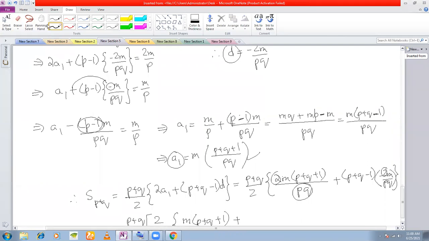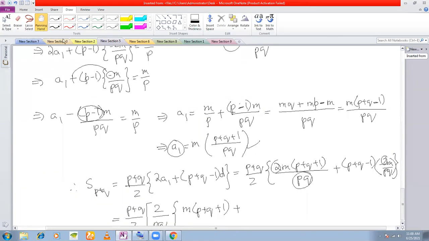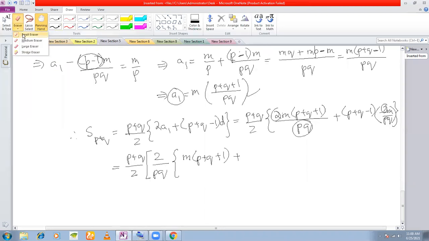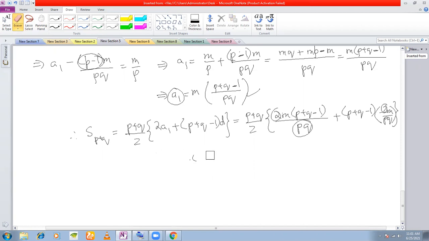Okay. And therefore, you have in the next step, this should be a minus sign here. And we change the other signs to minus sign also. This should be twice A1. This should be a minus sign here. Okay. So now once we get this, let's take common once again.